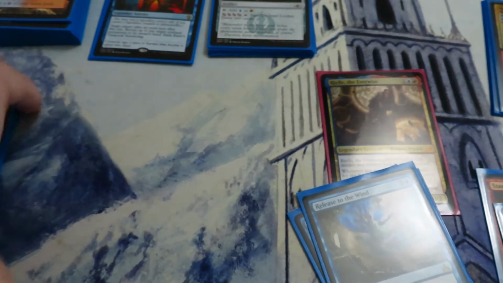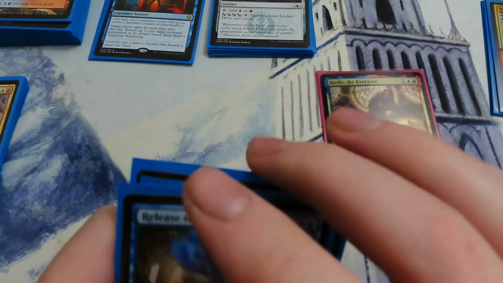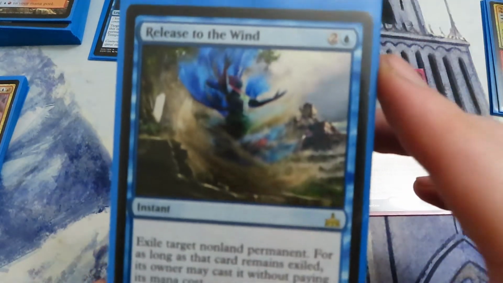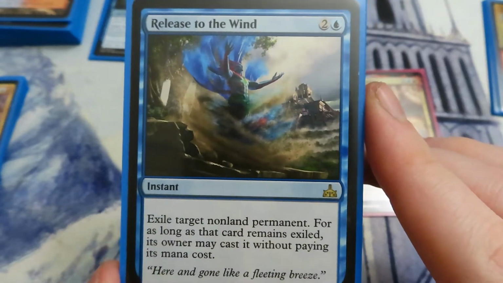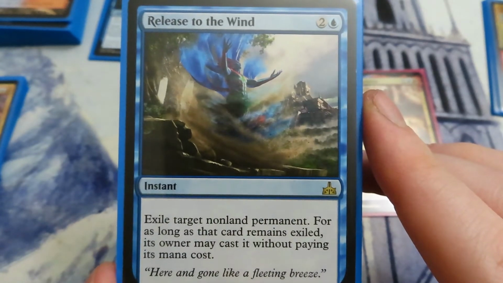So these are going to protect the things we cast as best as possible. Next we have Release to the Wind. These are non-counterspell control cards. Exile target non-land permanent. For as long as that card remains exiled, its owner may cast it without paying its